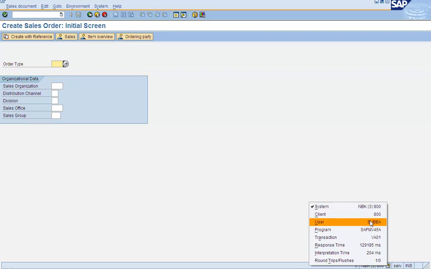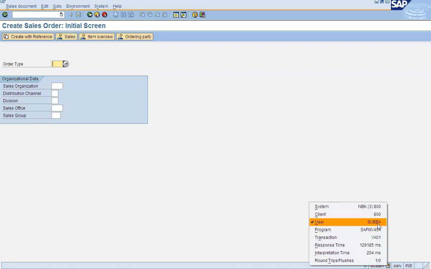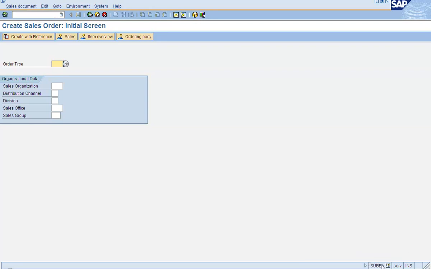If you want to display what user ID has logged on in this session, you can select the user and the user appears here. So you know who logged on, which ID was used to log in. Or if you want to display the transaction code, what transaction code is on the screen, you can display that also.